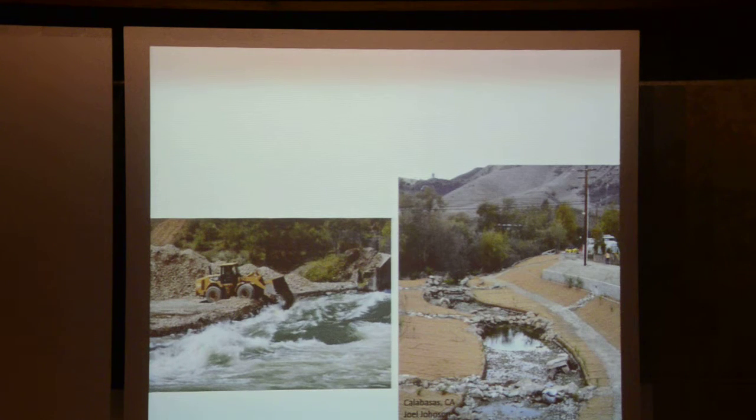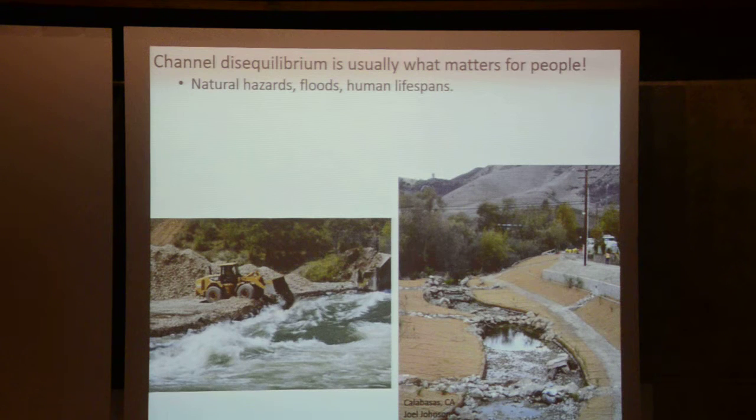My other point in showing a restoration photo like that is to say that to be able to do effective river engineering and restoration, you really need to understand the morphodynamics of these systems, and how these engineered systems will respond to perturbations as well. Because again, with natural hazards, with floods, and also with the perceptions of humans often of nature, the times that people really think about nature, I think, is exactly disequilibrium conditions in these systems.